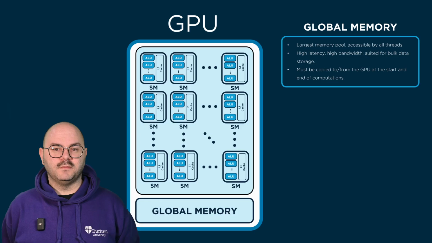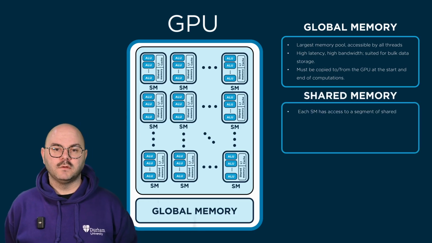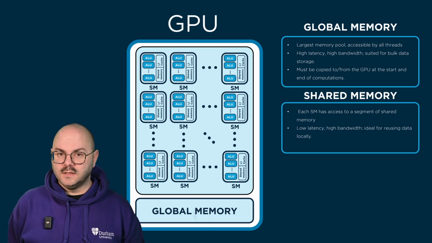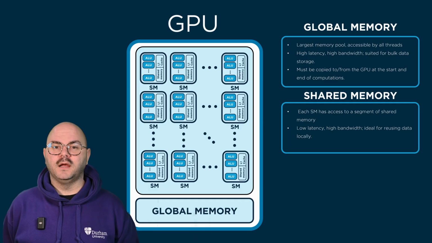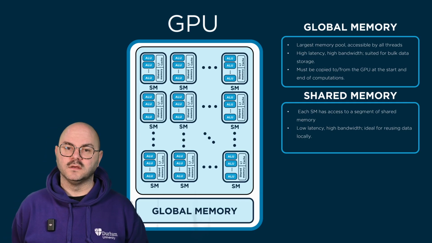Additionally, each SM has access to a segment of shared memory. This level of memory enables some shared memory parallelism alongside local synchronization of the threads in the block. Shared memory is low latency and high bandwidth, but limited in size. This is mostly useful for accessing data many times in a calculation, like the tile of a matrix inside a